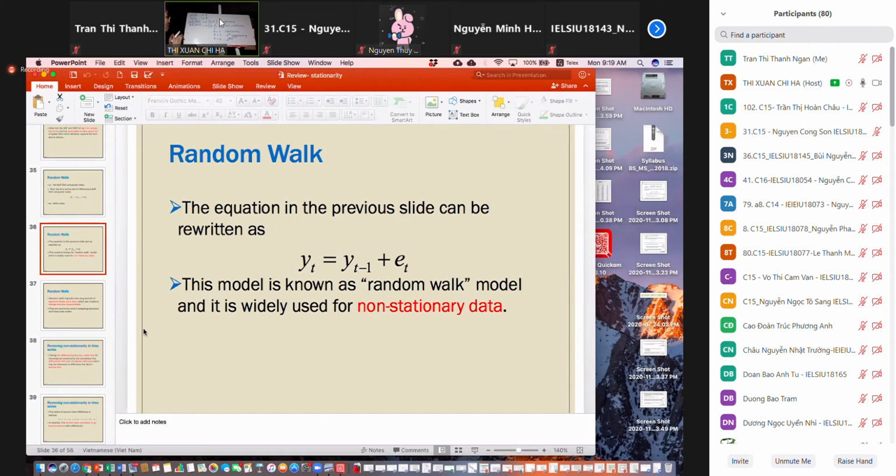So random walk. Why do we say random walk? You remember? Because that is the white noise. The white noise is random, right? So the difference here represents one step, right? If I write like that,